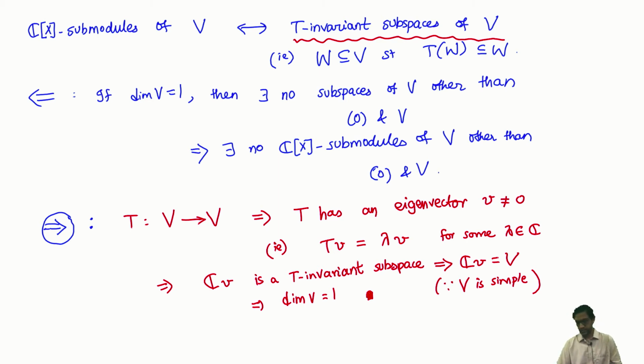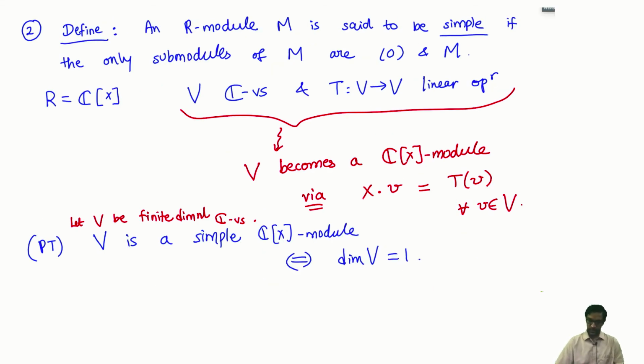Great. Here's an interesting follow-up question. Is the same true over R, the field of real numbers? Suppose I took my ring to be R[X], and I took a real vector space. Remember, I used the fact that it's a complex vector space, so it has an eigenvalue, an eigenvector, and so on. So here's a follow-up question, let's call it problem 2b. Does this hold over the real numbers?